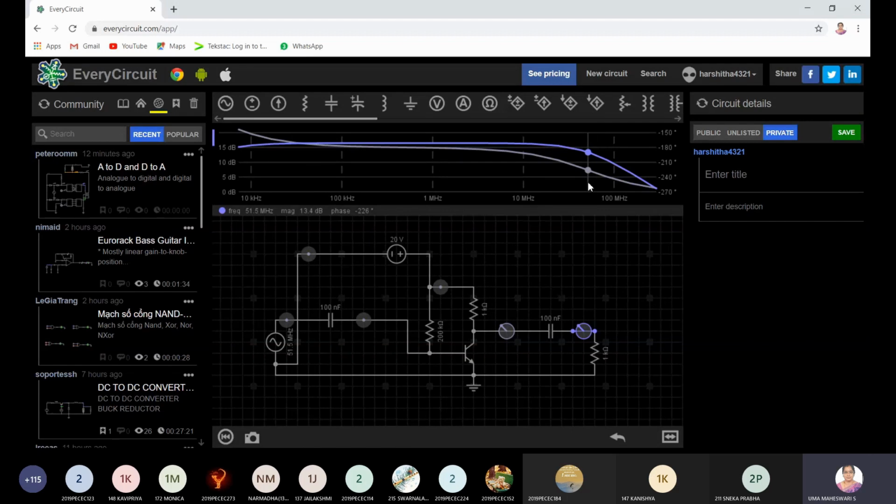Clear? So just by scrolling the cursor itself, you can determine the bandwidth. Or one practical method is, as I told you, you should use a cursor. Each and every frequency, you should find what is the gain. Then you should take a semilog graph sheet and plot. As I told you already,